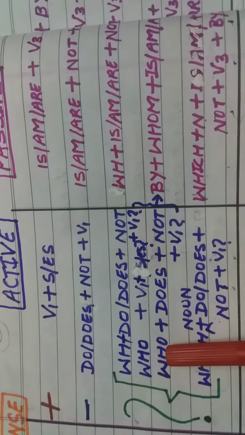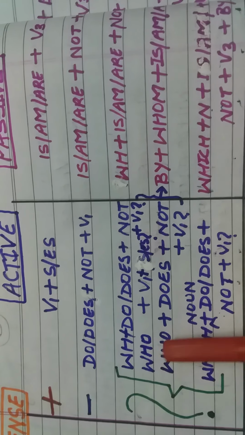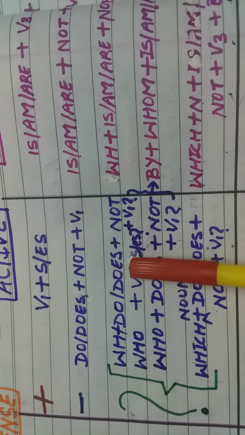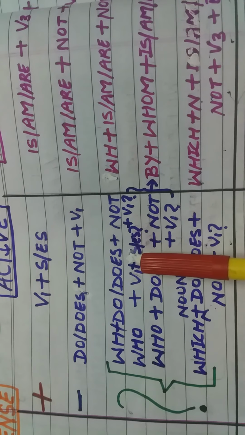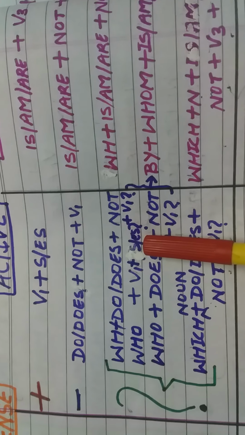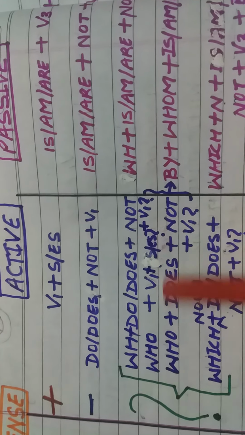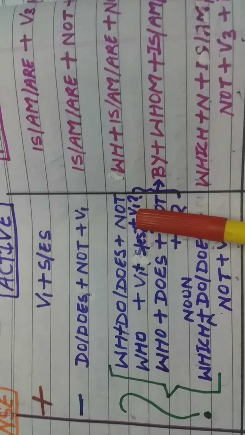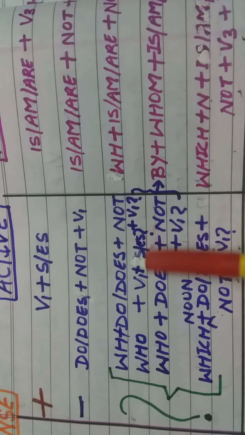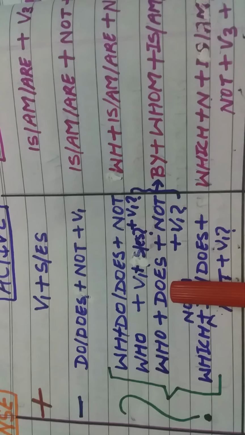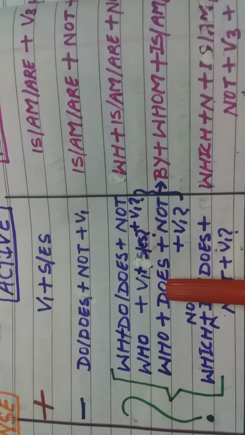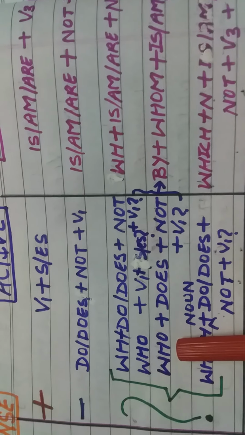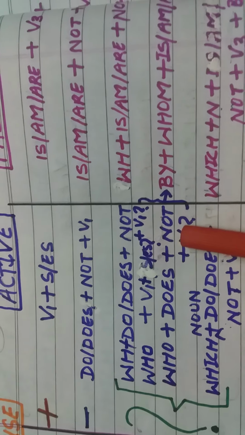Important is when you use who in the place of WH. Now you might be knowing that who works as a subject. Whenever we use who, we do not add a subject in that sentence. If our sentence is positive, then the structure will be who plus V1. Okay, and then any object after this. And if it is negative, we use helping verb does only. Why? Because who is considered to be a singular subject, does, not V1.